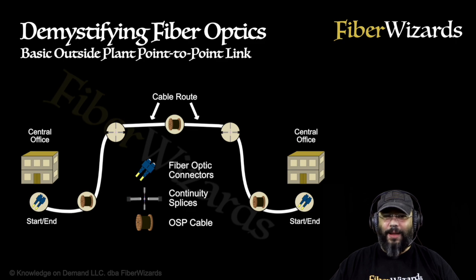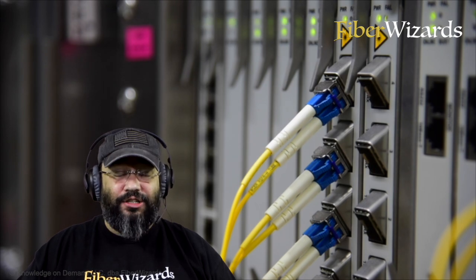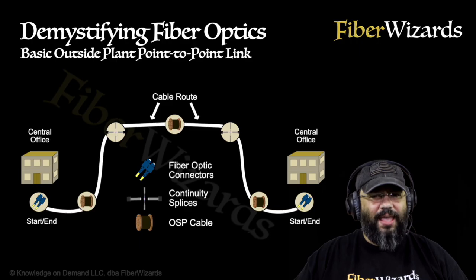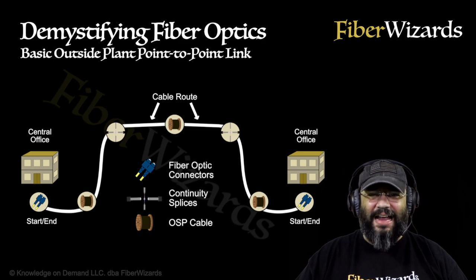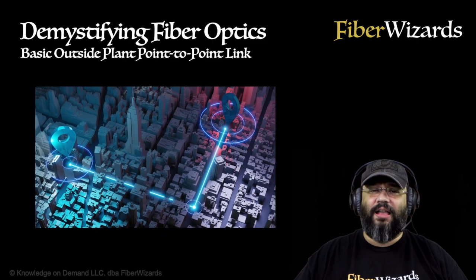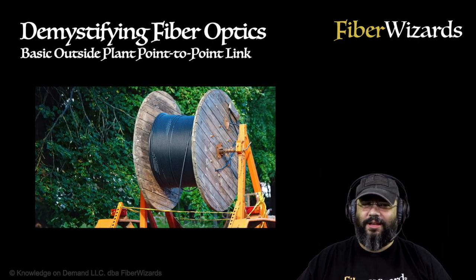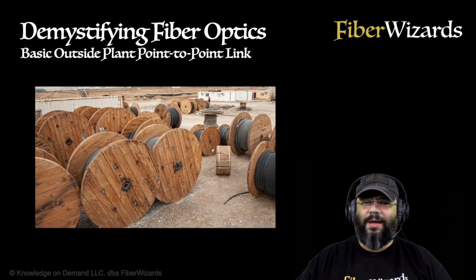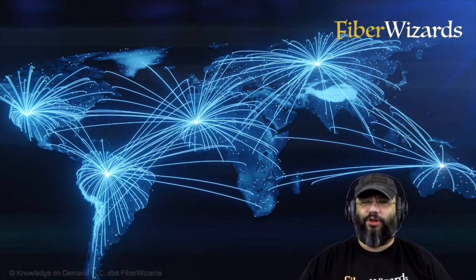All right, so the drawing that we see here depicts a very basic example of an outside plant end-to-end link. All optical links begin and end with connectors, which serve as interfaces to the electronic equipment. In between the connectors, we have the main path or cable route, which is defined according to the topology and physical elements that we find along the route. As the amount of cable that can be stored in reels is limited, additional cables might have to be added and spliced for interconnecting electronics over long distances.